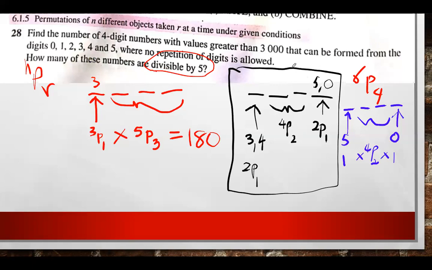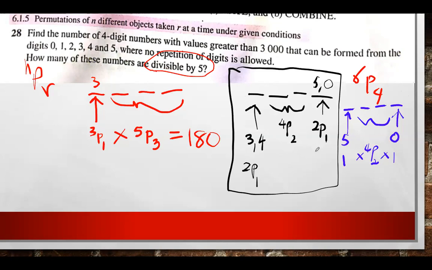This number 5 can go into group 1 or can go into group 4. That's where the problem arises. So if you find yourself in that situation, then this is a much bigger box that you have to think out of. You have to first consider that I cannot put number 5 here, I must put number 5 here. And then after that, you consider another situation where I can only put number 5 here and then the number 0 goes behind. So when you do this one, 2P1 times 4P2 times 2P1,